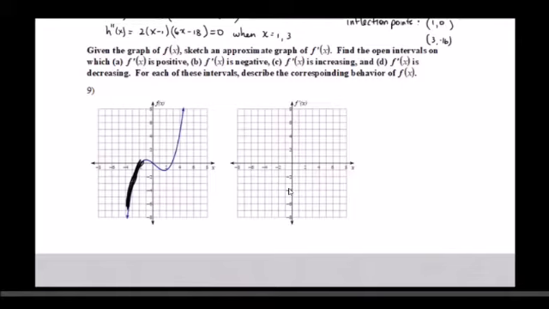And so if you look at part A, we need intervals on which f prime is positive. Well, this part of the graph right here is increasing. Also, this part of the graph right here that I'm highlighting, that part of the graph is increasing. So to answer part A, we could say f prime of x is positive or greater than 0